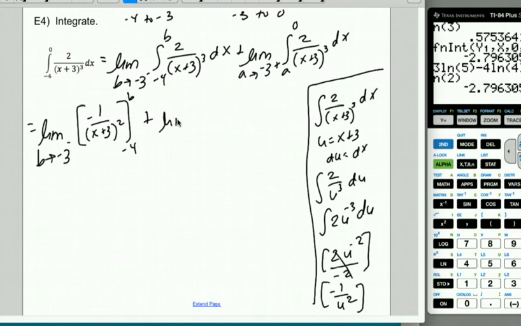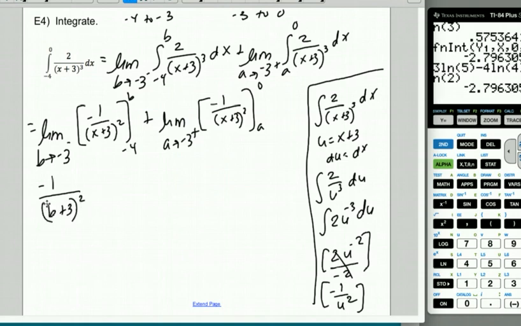Plus, this is going to be the limit as a approaches negative 3 from the right of that same thing, negative 1 over x plus 3 quantity squared from a to 0. Okay, so now let's go ahead and plug in. So we're going to end up getting negative 1 over b plus 3 quantity squared, limit as b approaches negative 3 from the left, minus a negative 1 over what seems to be a 1, because it'd be a negative 1 squared, plus, when I plug in a 0, negative 1 over 9,